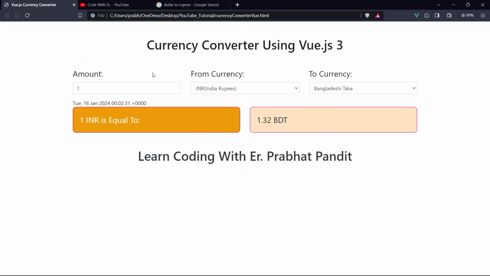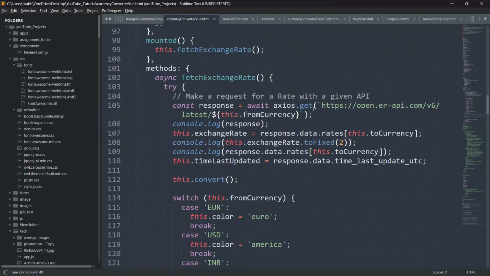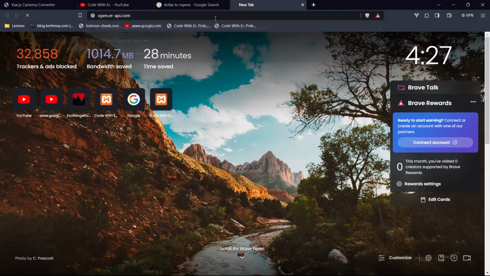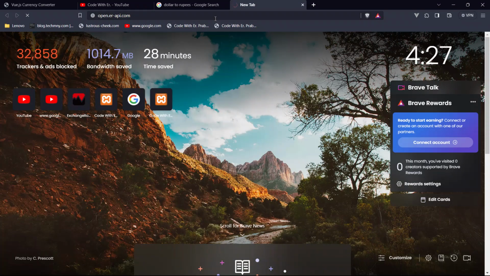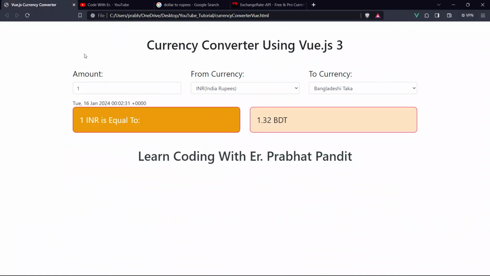Okay, so guys, let me just show you why it is matching with the Google currency converter. Let me just go to the code first, and let me just copy one URL, and let me show you why it is matching. So copy this URL from here, and open a new tab and just paste it and hit enter. So guys, this is the API I'm using in this video, in this session, to make this currency converter dynamic and awesome